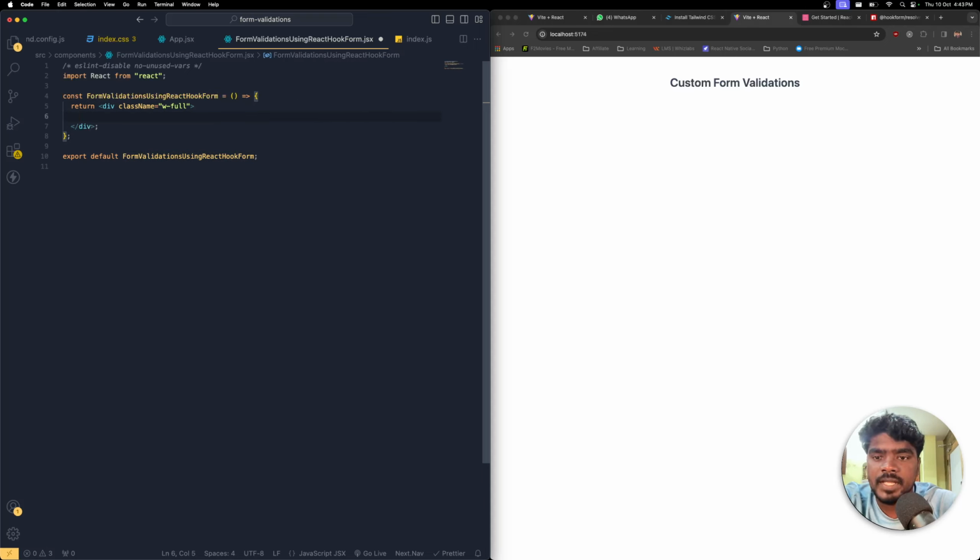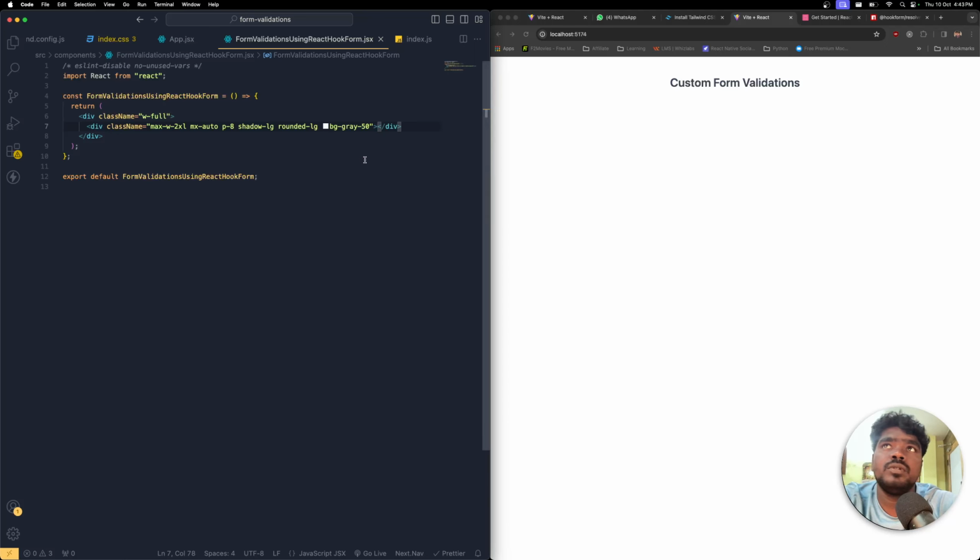Close this. And here I'm going to create a div class name. And of course it should be max width of 622 pixels, not more than that. Then mx should be in the auto direction, and padding, of course it should be 8. Shadow, it should have the LG, and of course it should have some rounded corners. So rounded, of course it should be LG, and bg gray 50. All right, then you should be able to,